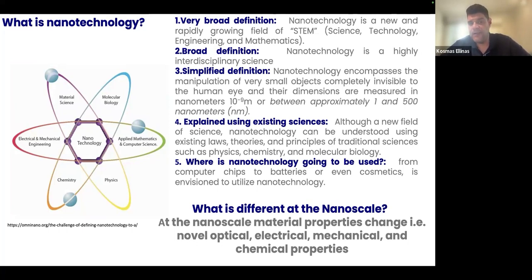And why does everybody use it as a magic spell? Because at the nanoscale, all the properties, the physical properties, the chemical properties, the material properties change. So we have different behavior when we have a larger object or a smaller object. And this is the main reason that nanotechnology is applied in several fields. But let's see